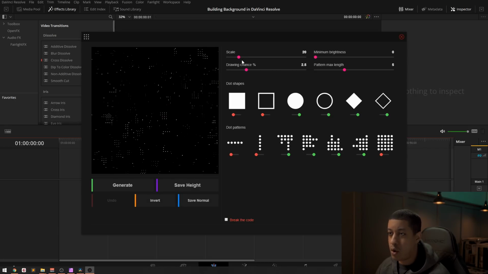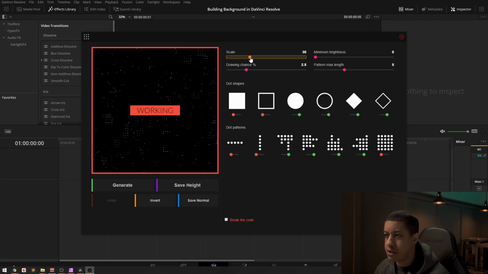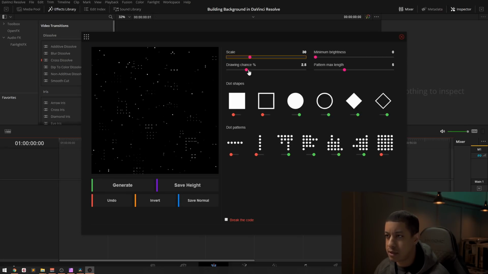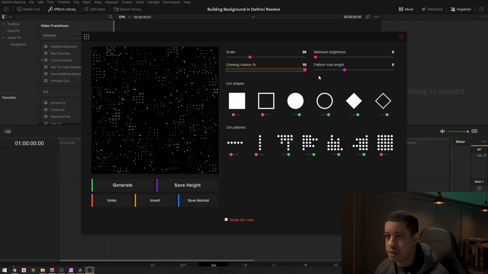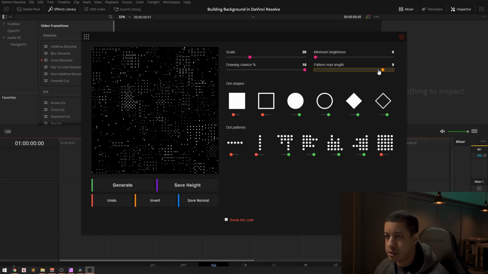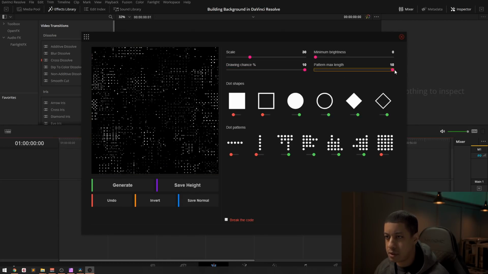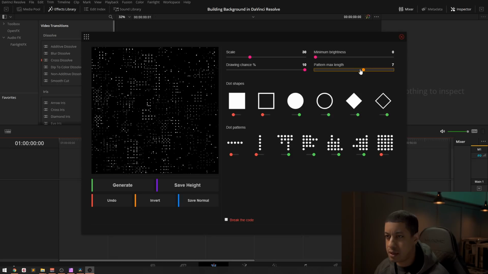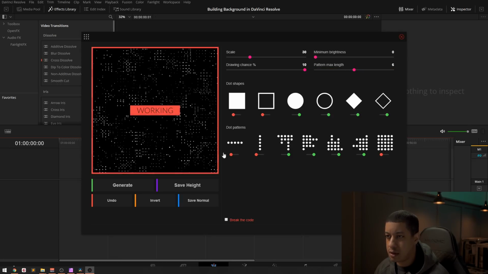Okay, now you have to remember that these are 8K. We'll end up making them a bit smaller just because putting all of this into Fusion can get taxing on your system, especially if you don't have a lot of video memory. So I might not want to increase the scale too much, but let's increase the amount. See what happens. Okay, so maybe something like this.